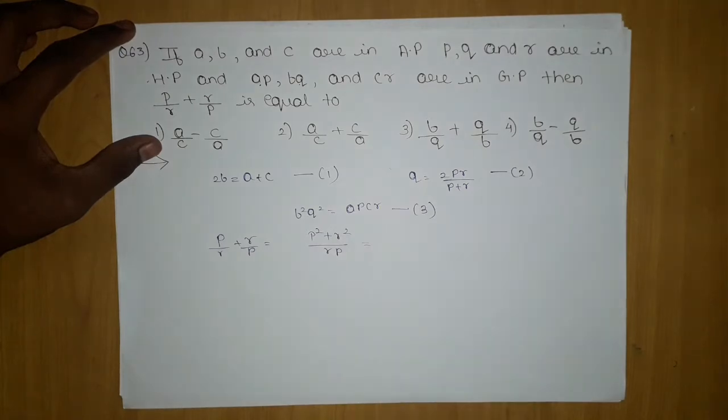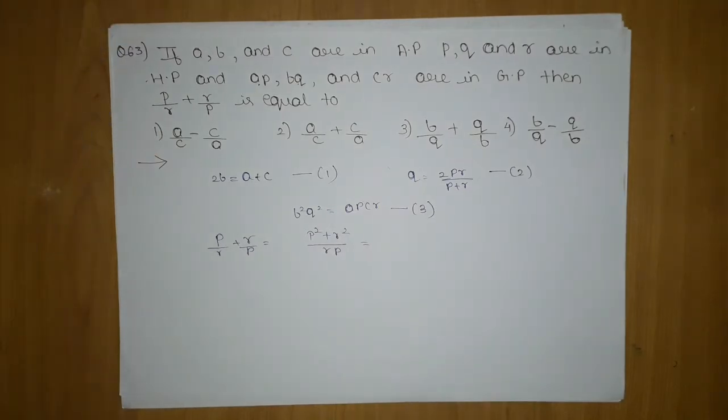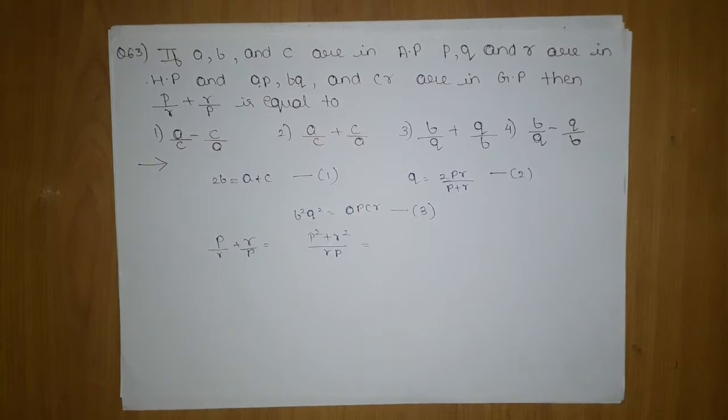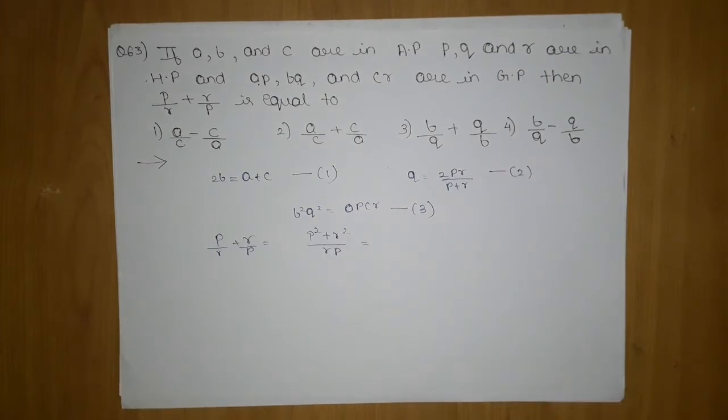Now a doubt can appear, so I am teaching you in what way you have to think. When terms like a square plus b square, or p square plus r square appear, try to make them a perfect square. There is a high probability that things will cancel out. So always try to make them a perfect square.